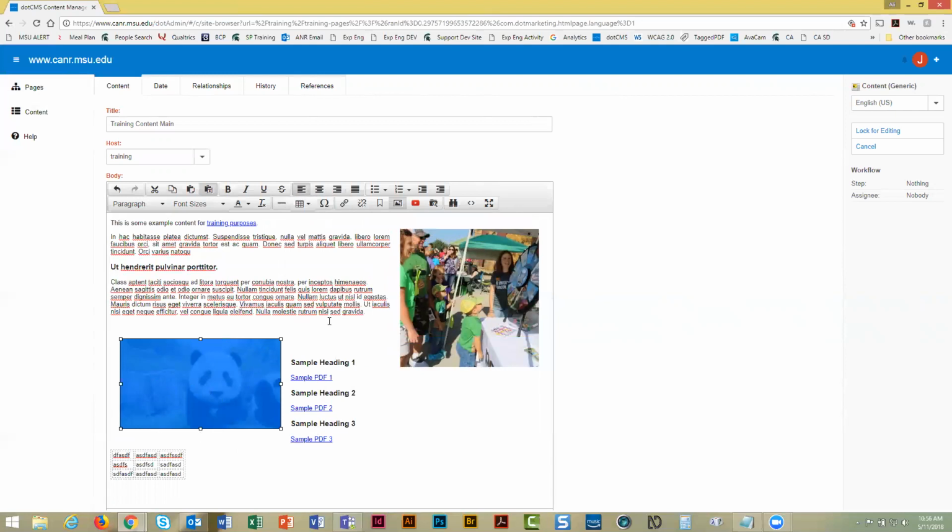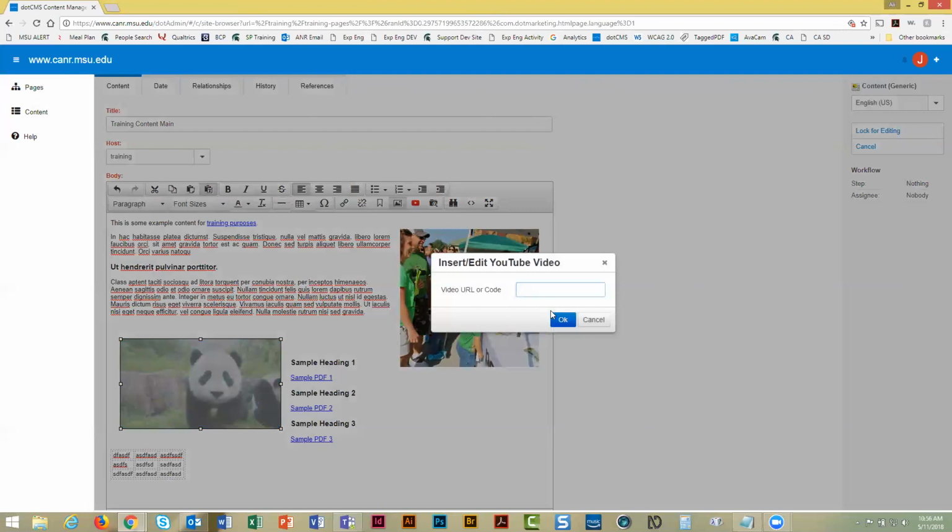All right. If you wanted to insert a YouTube video, you are able to do that as well. Again, you would want to do that on its own line, and then there's just a button next to the image area that is red that looks like a YouTube button, and then you can just paste the YouTube URL or code into there, and it will insert